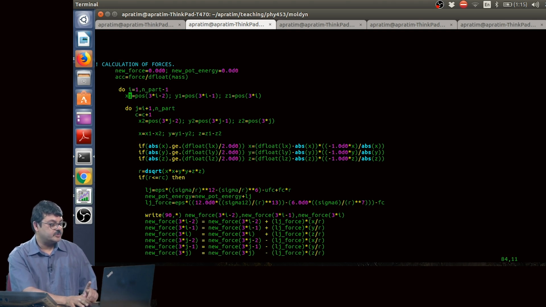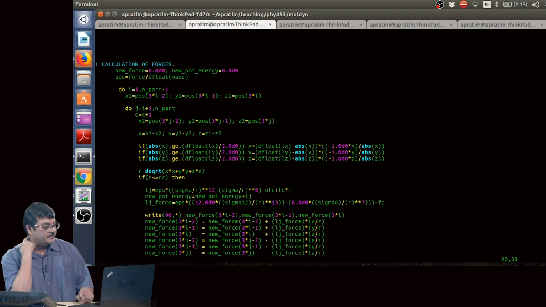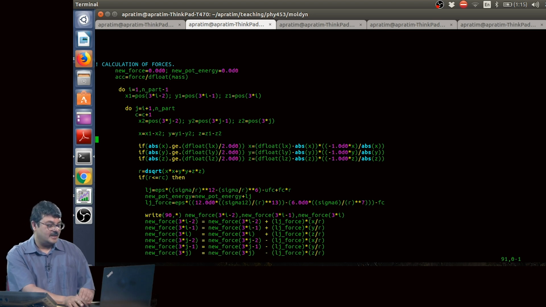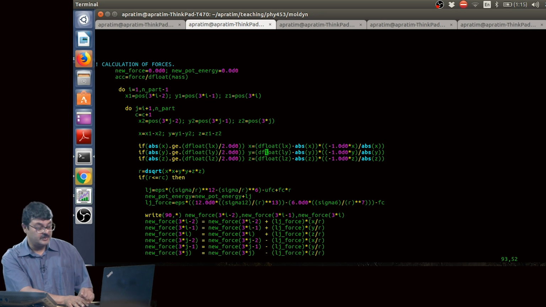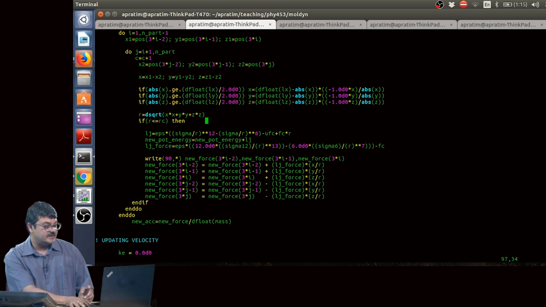You are storing the position of your ith particle in x1, y1 and z1, the x, y and z coordinates of the jth particle, force between I and j in x2, y2 and z2 in this step, and then you calculate essentially the difference in position in x, y and z, and apply the minimum image convention as we discussed. Exactly that is what is done here. Then you calculate the force here, the potential energy here, the Lennard-Jones